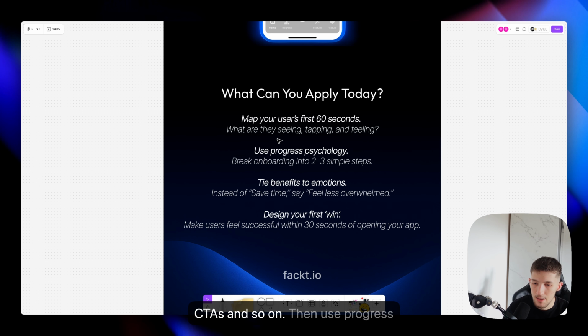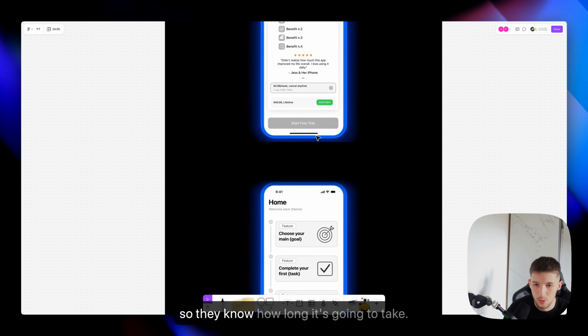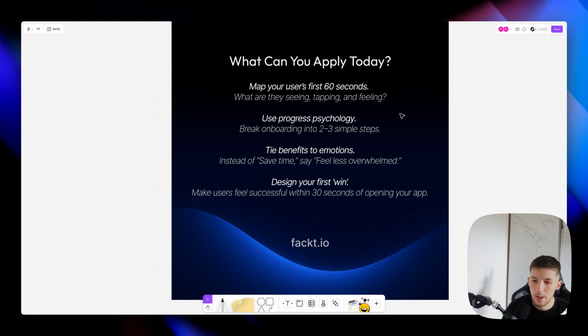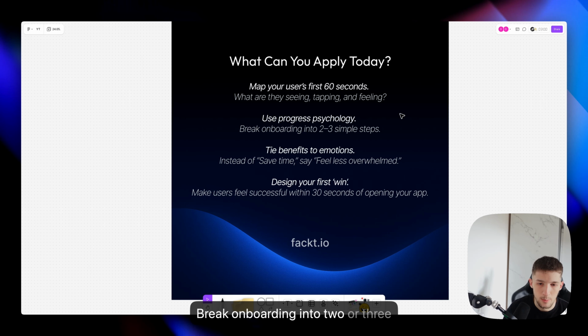Then use progress psychology, which I included here, so they know how long it's gonna take. This psychology is really important. Break onboarding into 2 or 3 simple steps. You can use even 4 or 5. More than 5 I wouldn't suggest, because